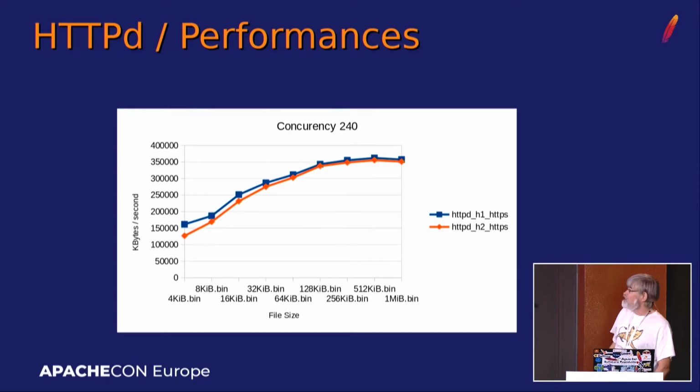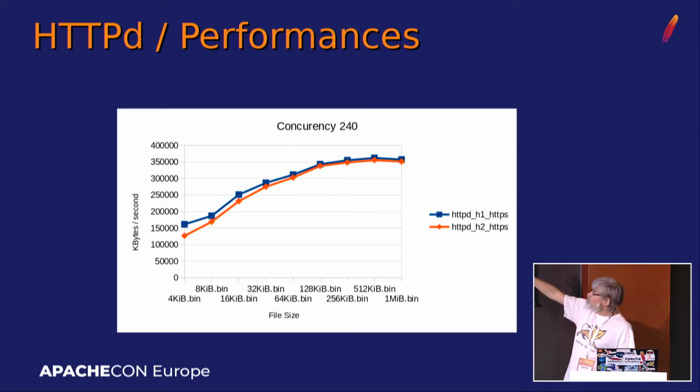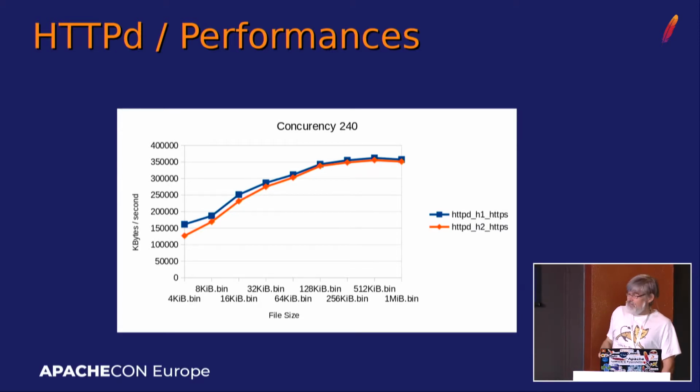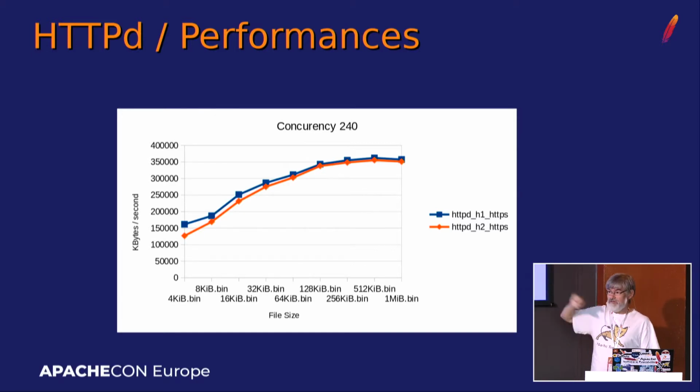And you can't import that format in the browser directly. You have to convert it. But OpenSSL is doing this for you, and there's tons of documentation. So here I was doing the same test with HTTPD, because I also wanted to see what happened. Here you can see that basically it seems to be more performant.